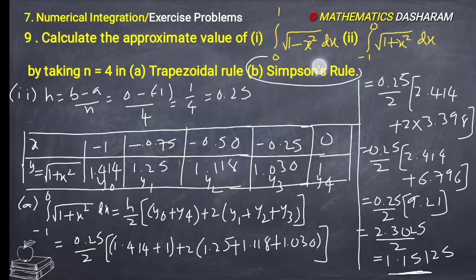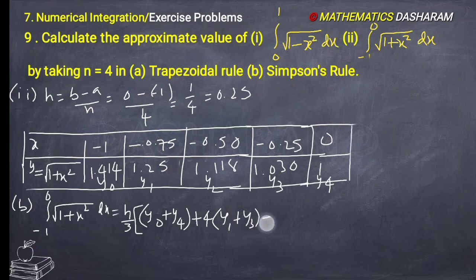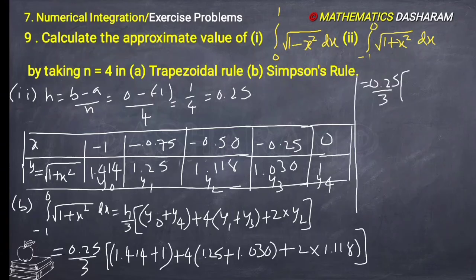Next to B, Simpson rule. So the formula is h by 3 bracket of sum of the first and last ordinates, plus 4 into sum of the odd ordinates y1 plus y3, plus 2 into even ordinates y2. Now substitute the values in this. So 0.25